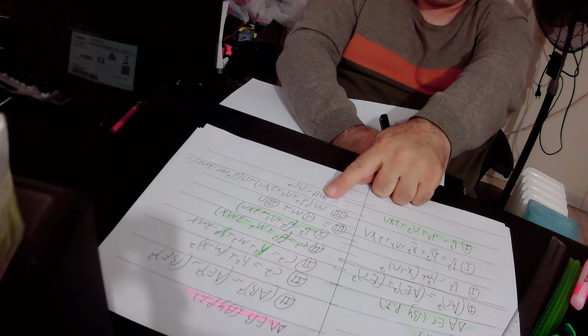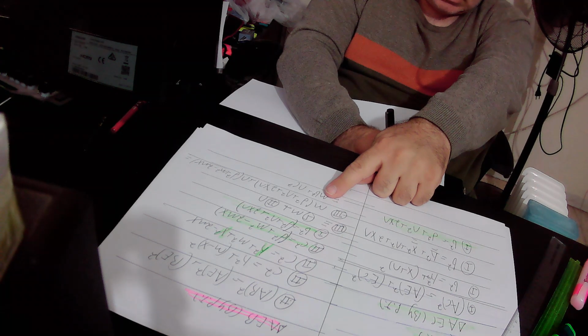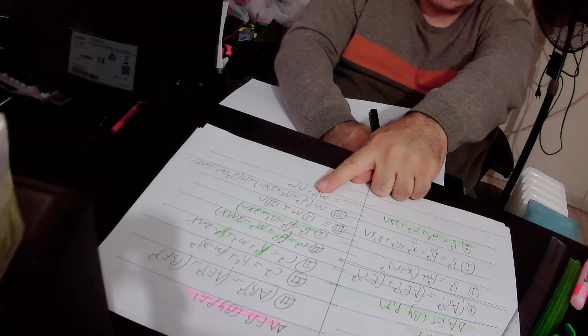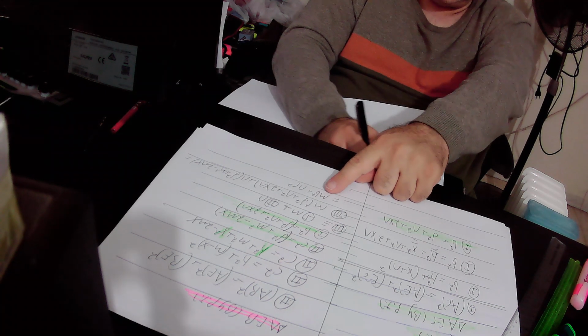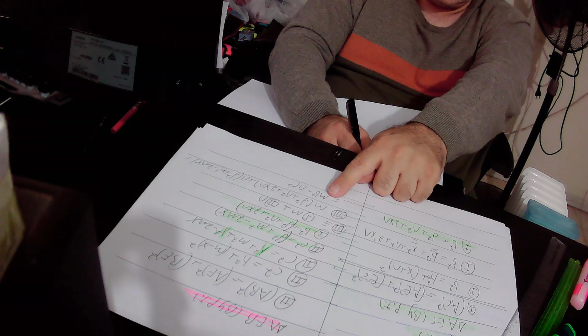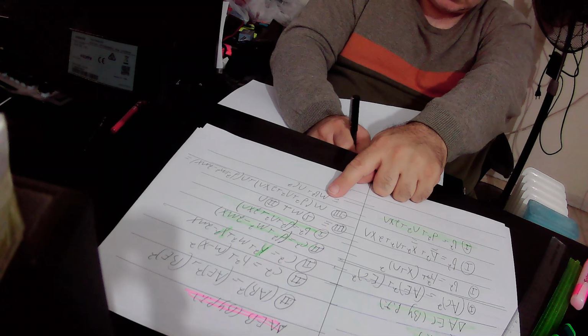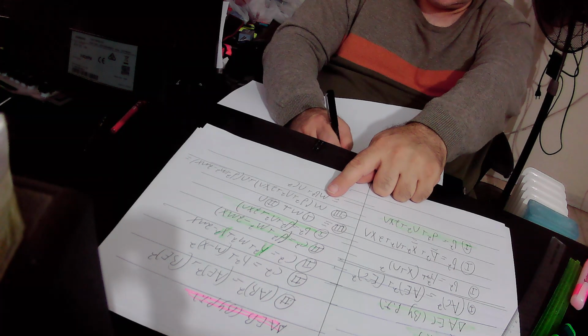We have m times d square is md square, plus m times n square is mn square, plus m times 2xn is 2xmn, plus